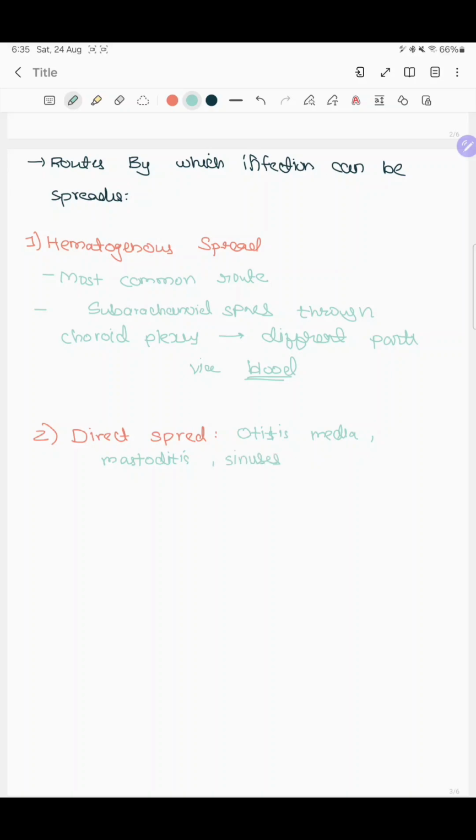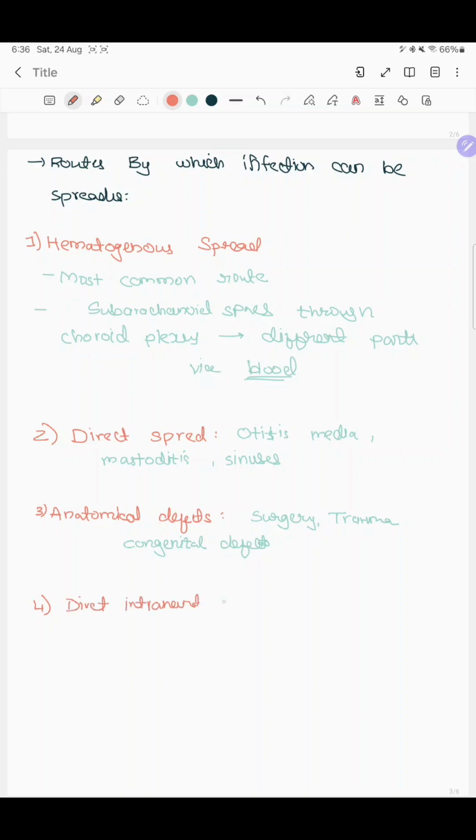Or there can be anatomical defects. Okay, the anatomical defects which can cause spread, like if there is a spread during a surgery, or when there is a trauma to a patient. Or there can be any congenital defects. The fourth method by which it can be spread is direct